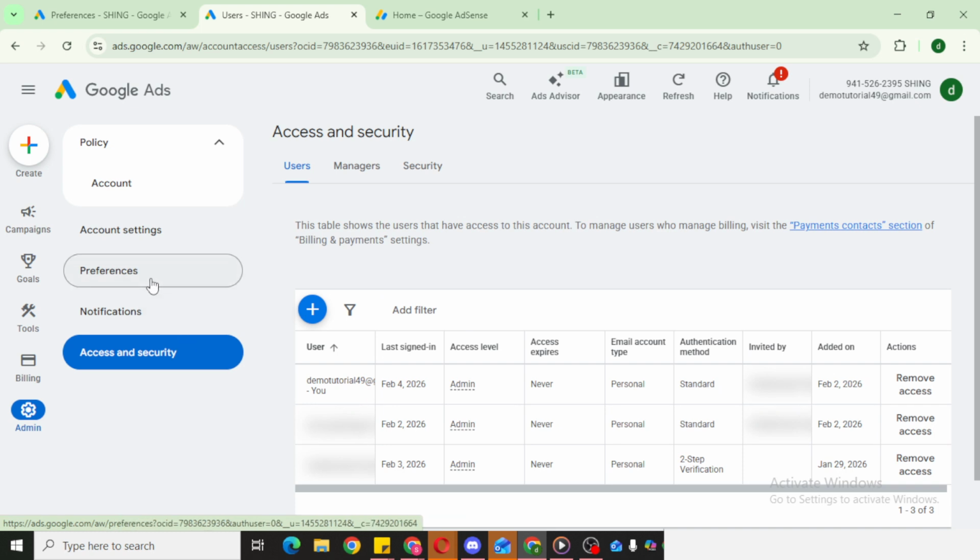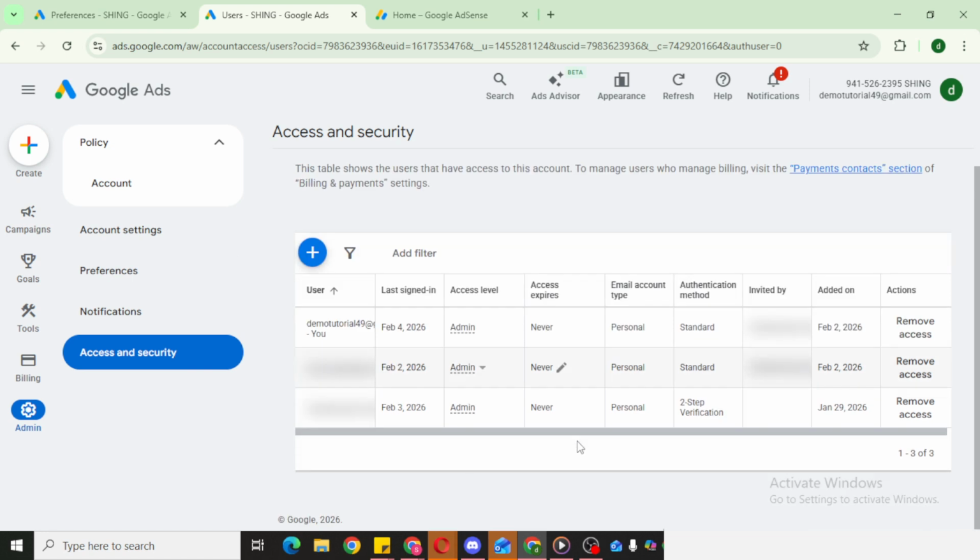Now move to Access and Security. This is the hub for managing users and protecting your account. Here, you can see who currently has access, what level of permissions they have, and which manager accounts are linked. It's the right place to align access with responsibilities, ensuring people have the level they need to do their work,